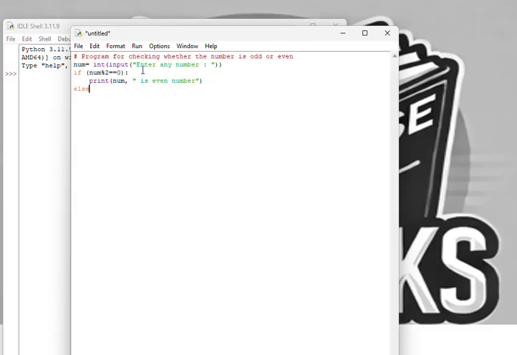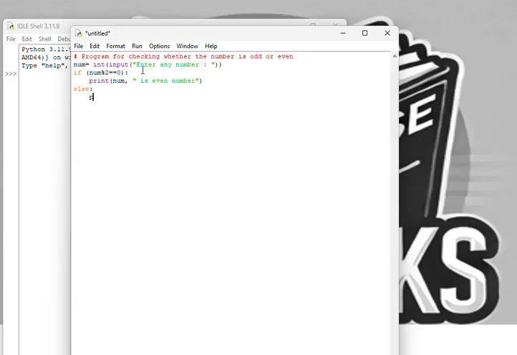So after this we have to write else. The e of else should be under the i of if. So else, again this is a block statement. Now a block may consist of any number of statements starting from 1 to n.